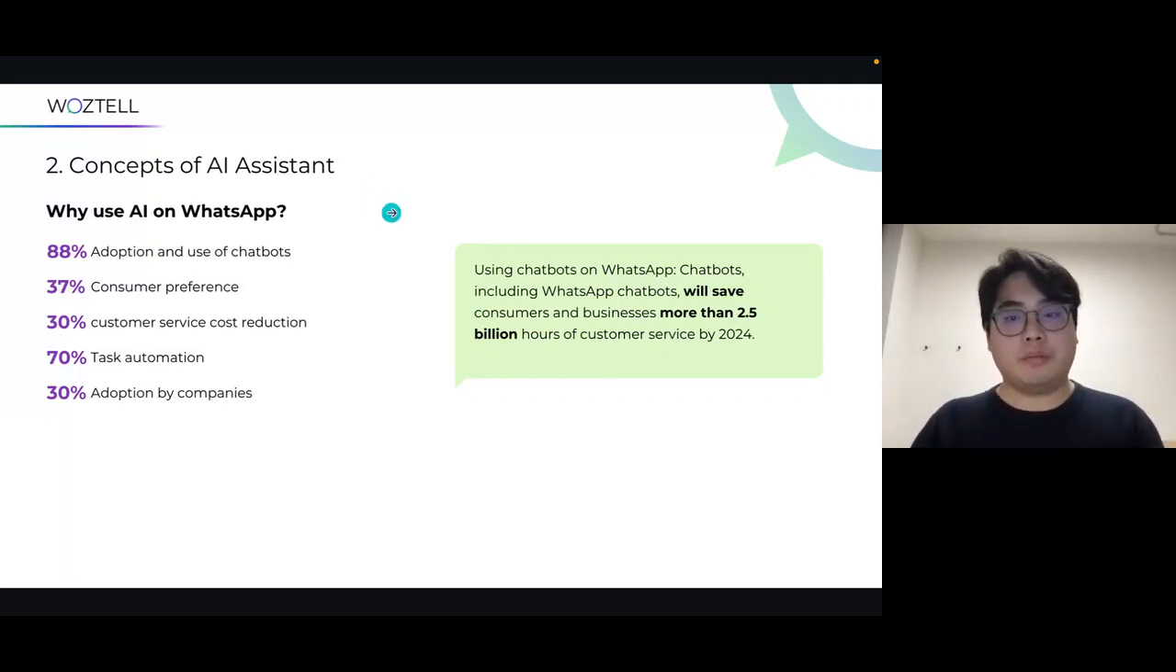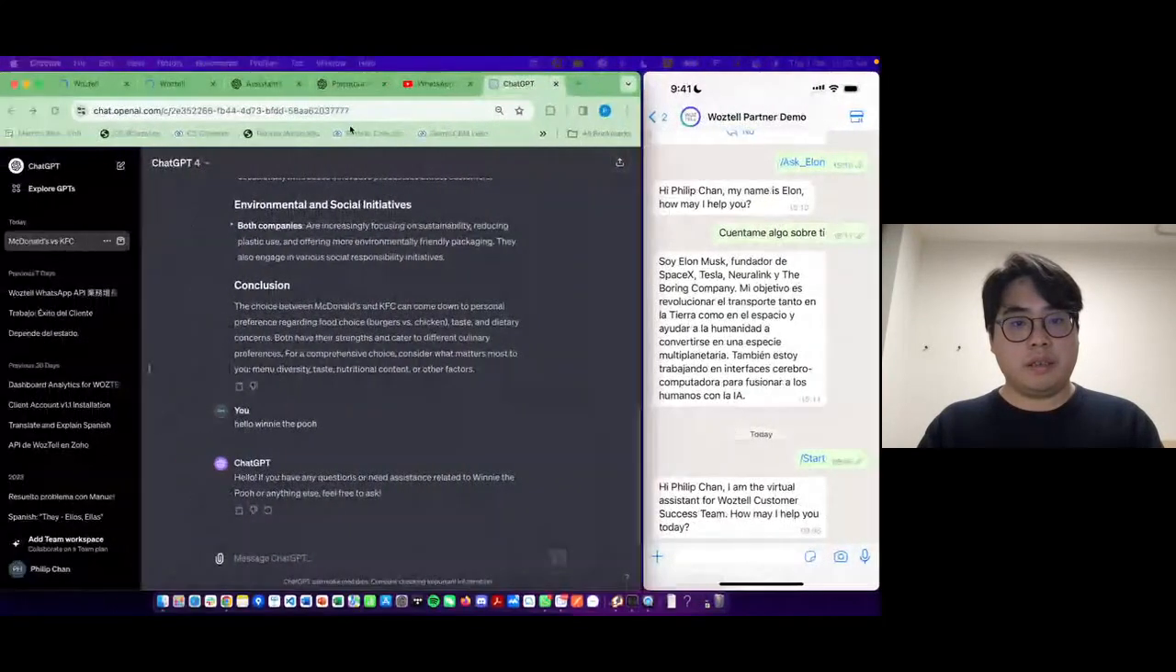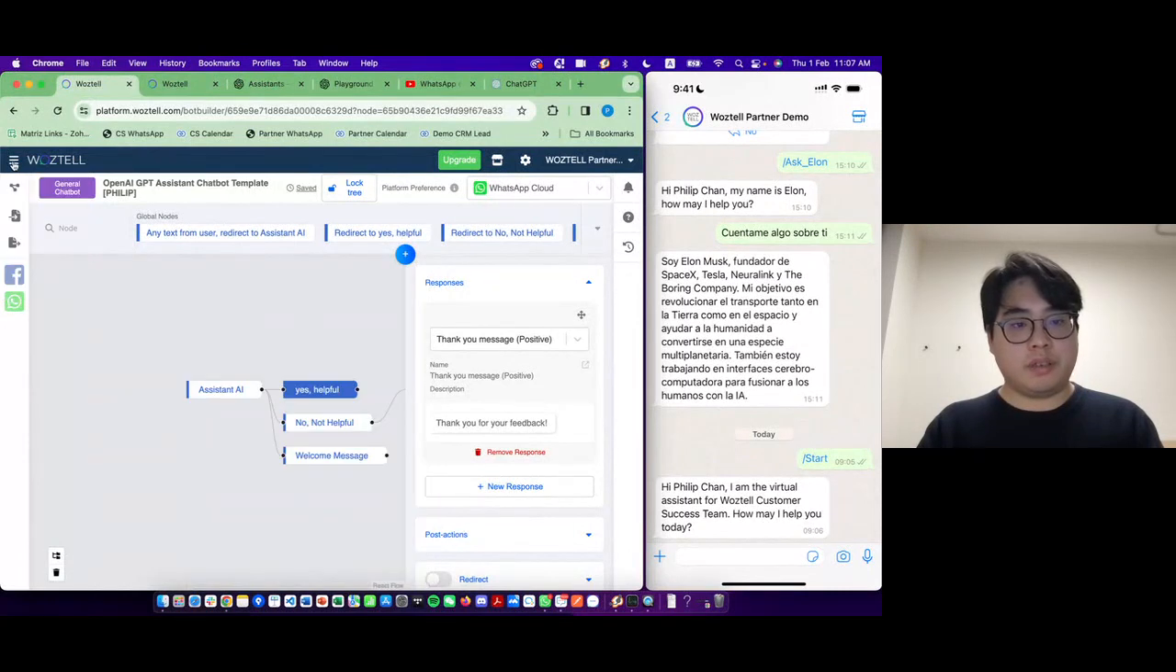So it's really helpful for you to scale the business. Now the reason why we can build GPT and also include an AI assistant in WhatsApp is, again, because we have the cloud API, which opens up the programming. We have our WhatsApp platform,